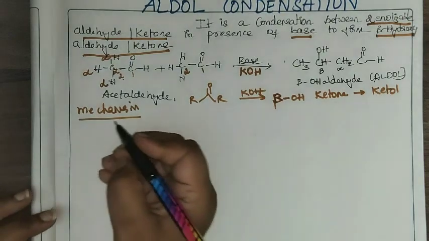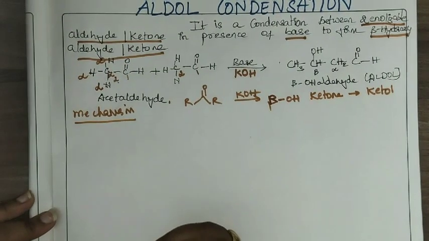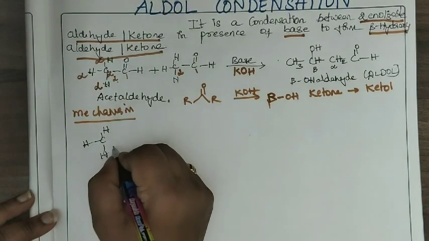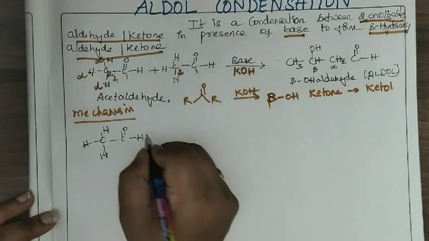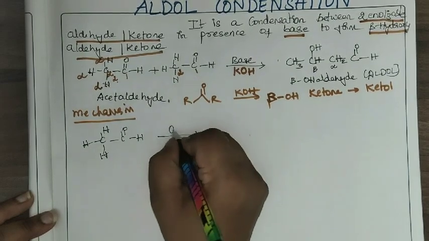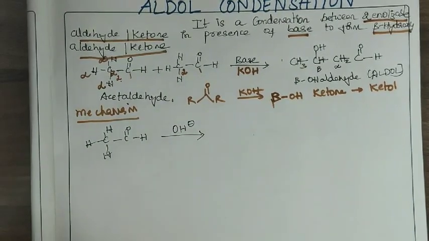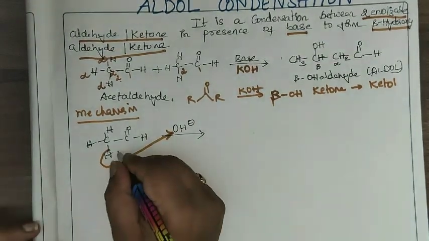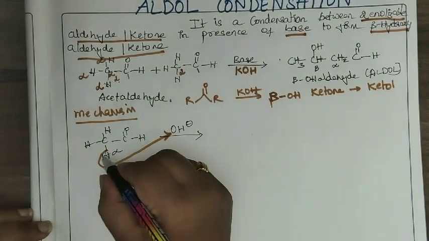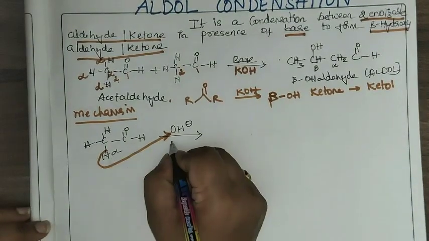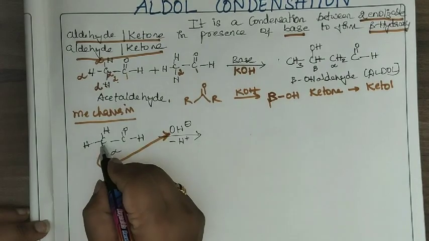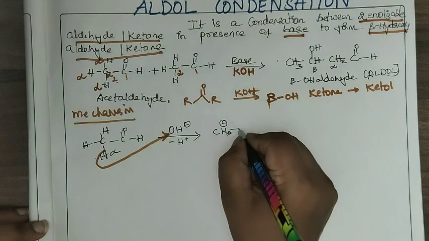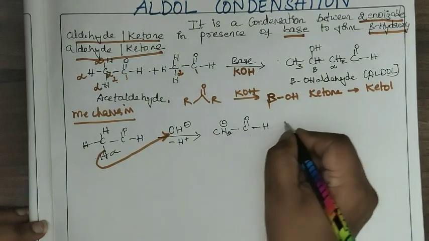So first step, what is the first step? It is the formation of a carbanion. So how is the carbanion formed? This is an acetaldehyde molecule, an enolizable aldehyde, in presence of base. What will the base do? It will abstract the alpha hydrogen, and when the hydrogen goes as a proton, it will give up electrons to the carbon. So now the carbon will have excess electrons, and this is a carbanion